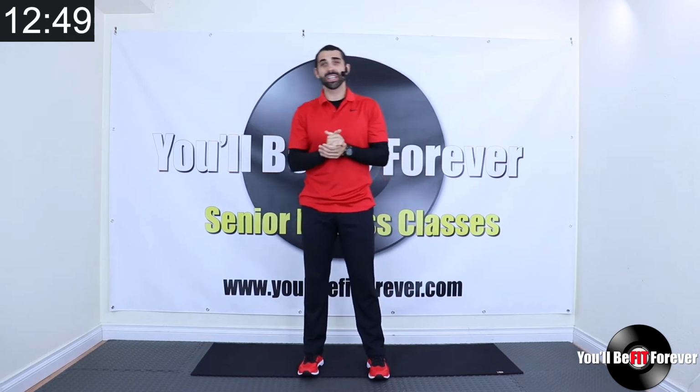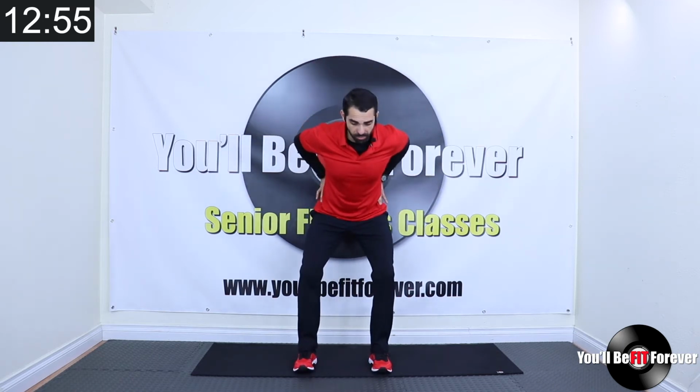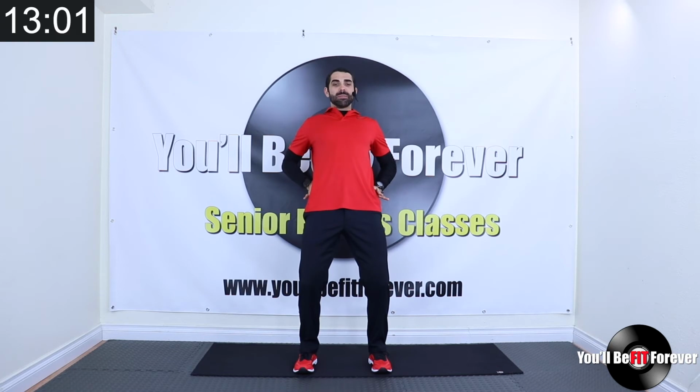So up first, my first favorite core exercise, I call this the old man stretch, but essentially this is a standing extension. We're gonna put our feet in neutral stance, hands on our hips, we already did this one. You're gonna breathe in, exhale, brace your core as hard as you can, and lean back, gently bending the knees. Lean back, hold,